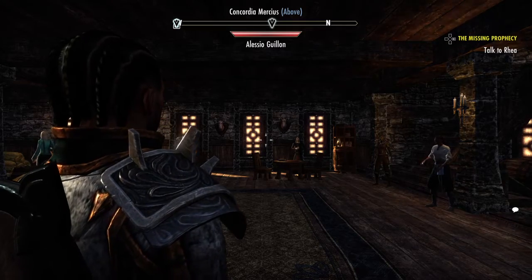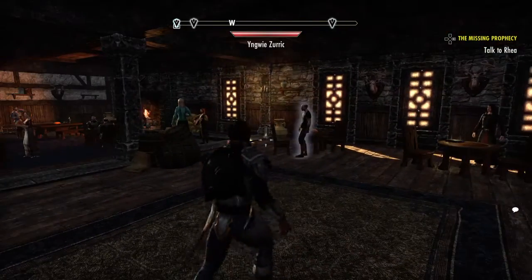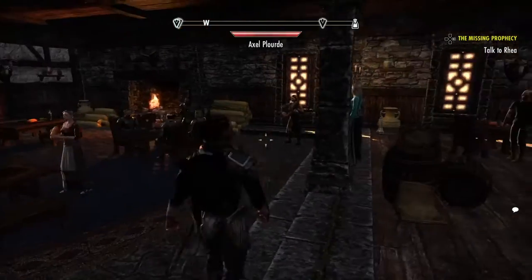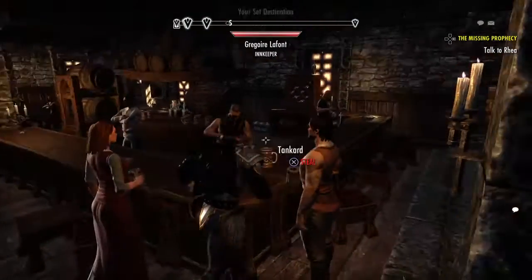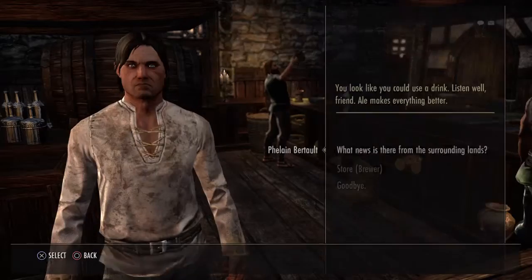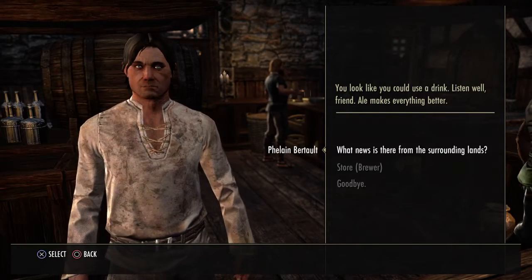Poor Gilvardel, be still, recall. The god of schemes consumed it all. To Cold Harbor went our clockwork guard, to bargain on the prince's call. My prices can't be made. You look like you could use a drink. Listen well, friend. Ale makes every...